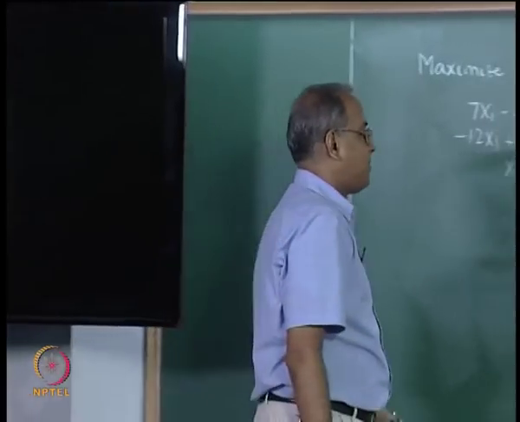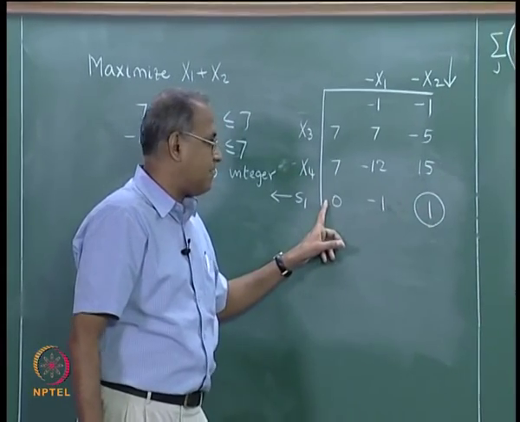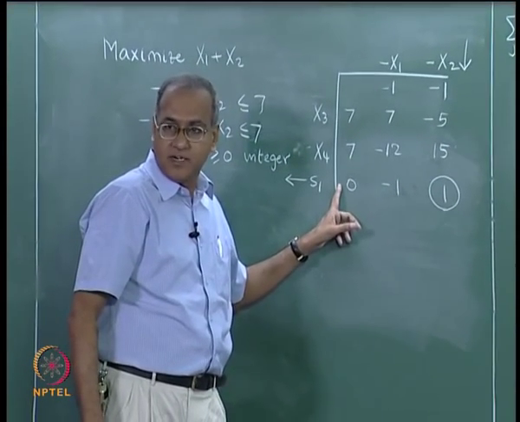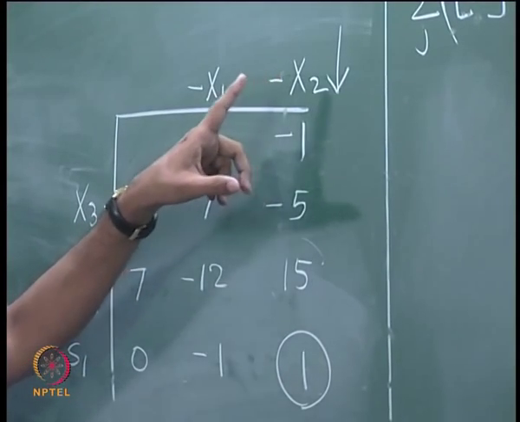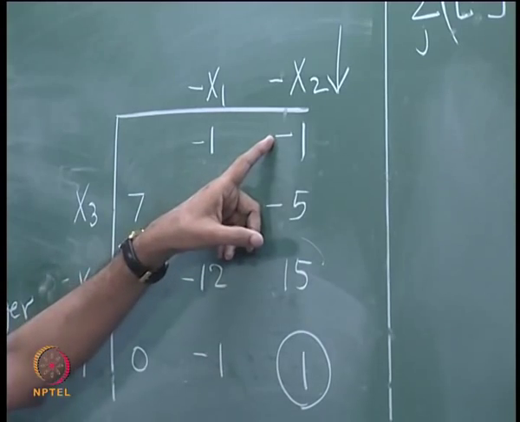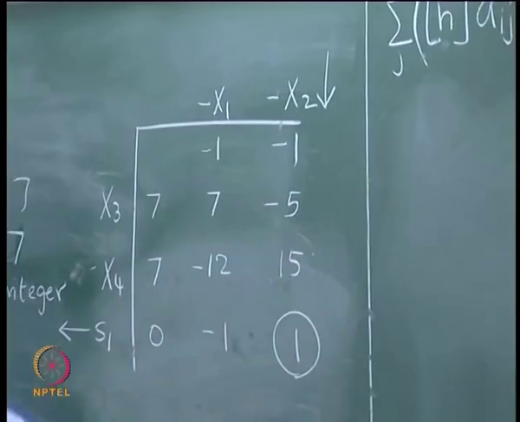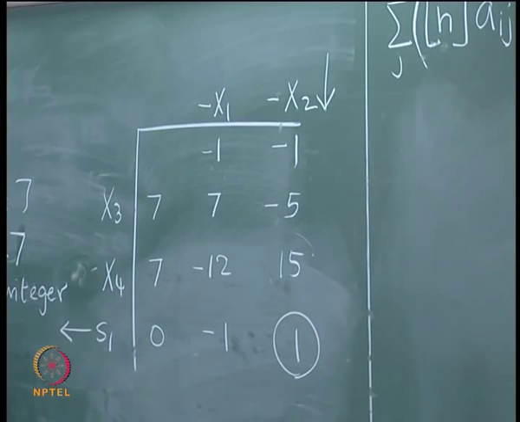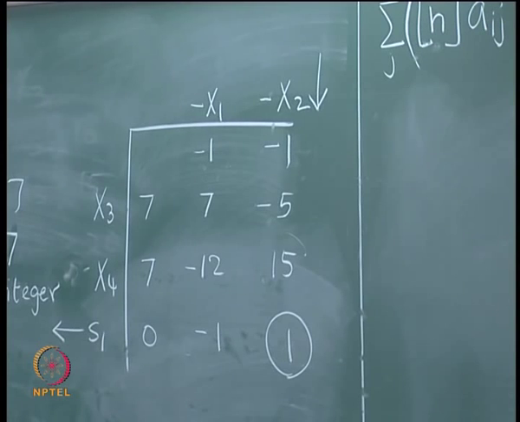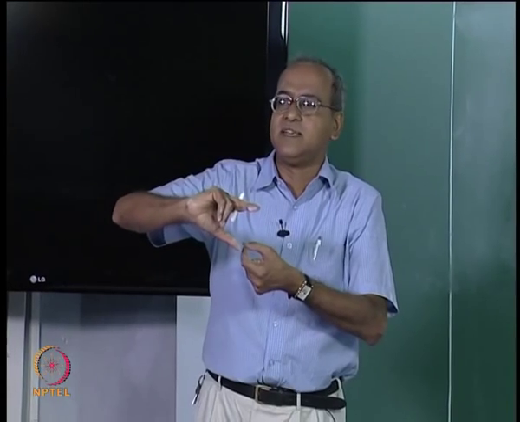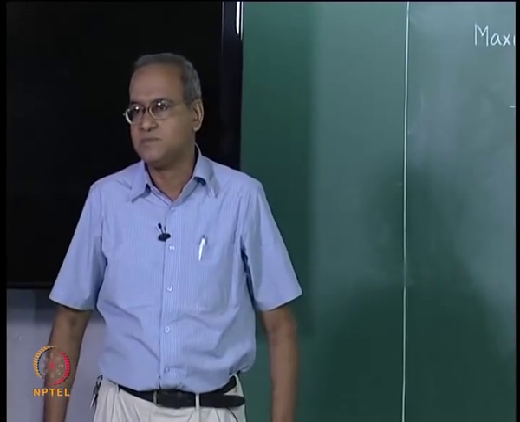So once again, when you have a plus 1 pivot, feasibility will be maintained because you are dividing by the pivot. Dual feasibility will be brought in because you are dividing by the negative of the pivot, so minus 1 divided by minus 1 will give you plus 1, and the all integer nature of this table is maintained. In this algorithm we do not try so hard to get the largest increase, because you are anyway using the largest coefficient rule.